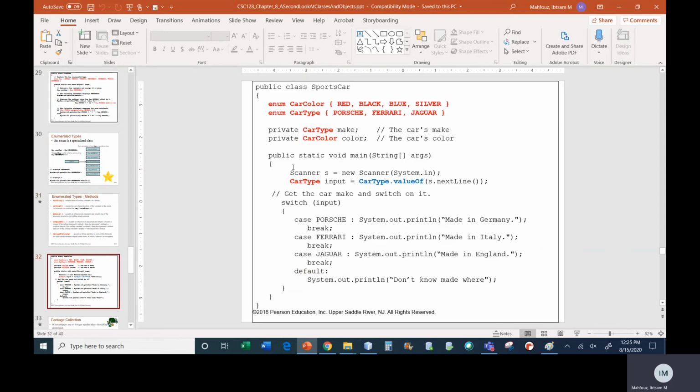Here's another example in the slides. I have a SportsCar class, and I have 2 enums. So that car can have colors red, black, blue, or silver, and the types are Porsche, Ferrari, and Jaguar. So those are the 2 types that I created. And so now I'm saving those data type enums here. So I'm storing for every single car